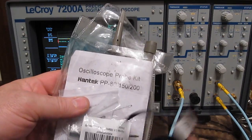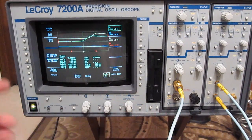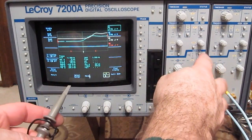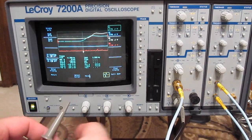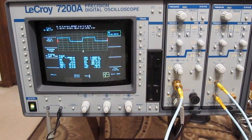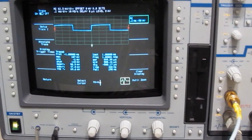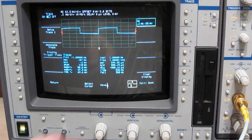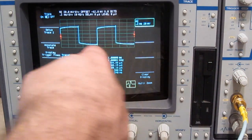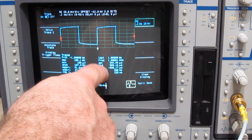These are my Handtech PP150 probes. Let's just go ahead and plug that in, and we'll set this guy to DC coupled, and we'll go ahead and slow this down. So this is looking at our calibration pulse. You can see it's at 1 kilohertz,